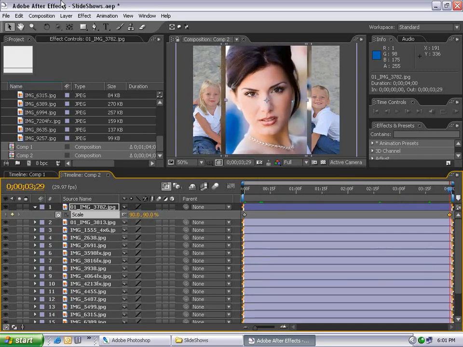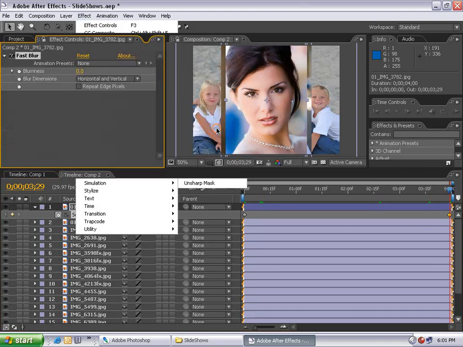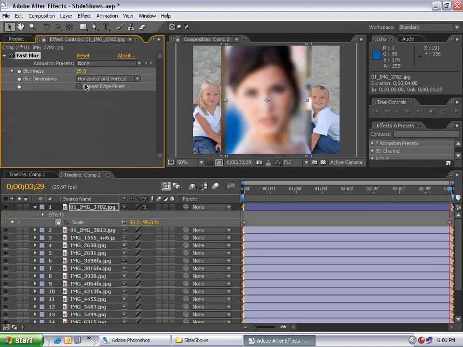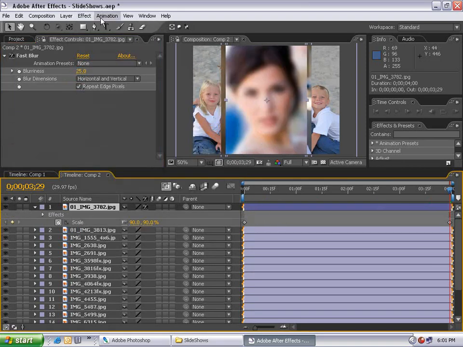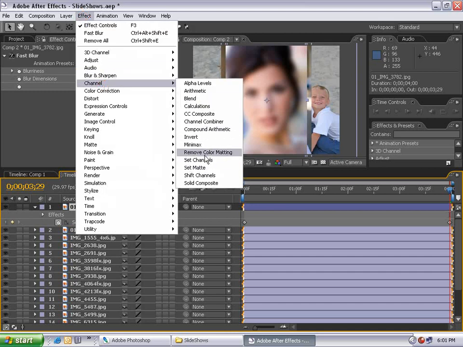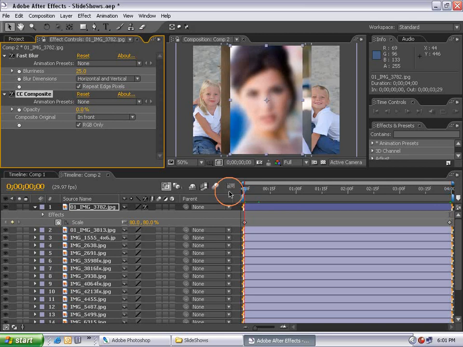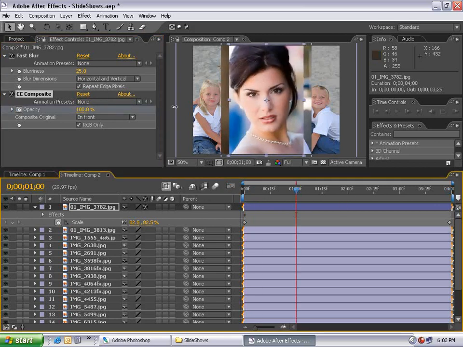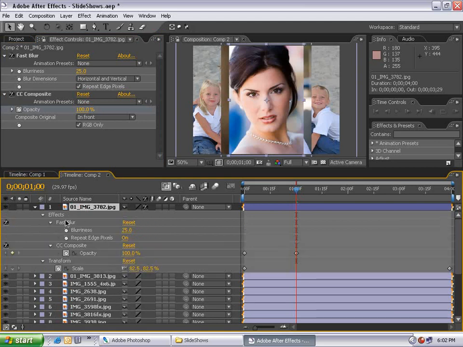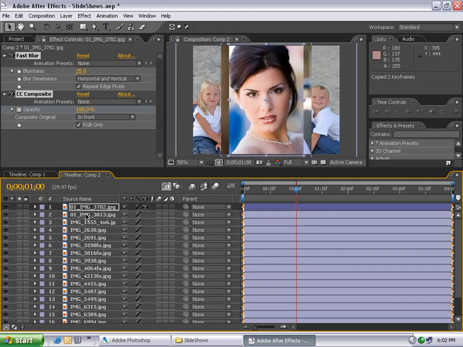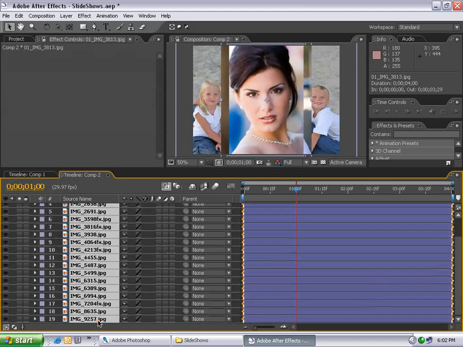90, then go to Effect, Blur, Fast Blur, 25, set Repeat Edge Pixels, select the layer, choose Effects, Channel, CC Composite, change the opacity to 0, go to the first frame, set the keyframe, move forward 1 second, set it to 100%, hit UU on the keyboard, bring up all the parameters, select the first one, hold down Shift, select Fast Blur, Composite, and Scale, hit Control C, select all your other layers, hold down Shift, select the last one,